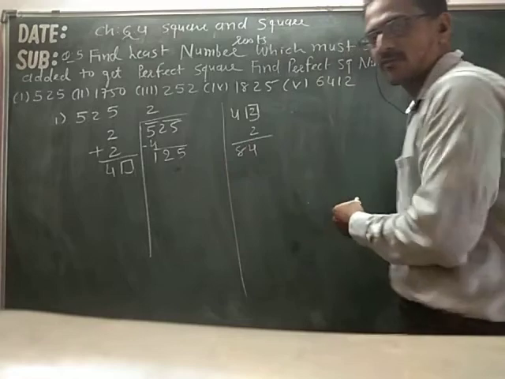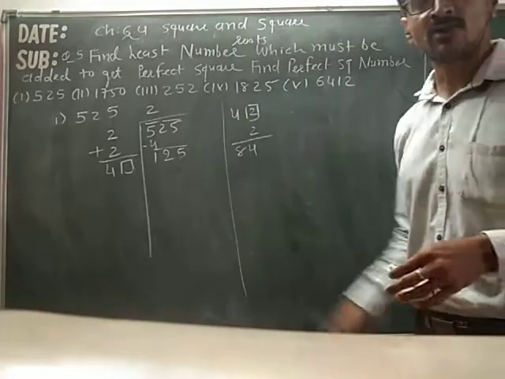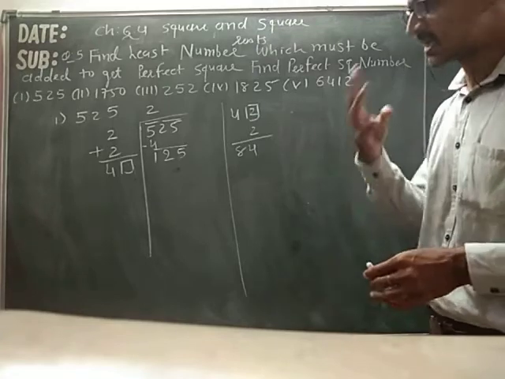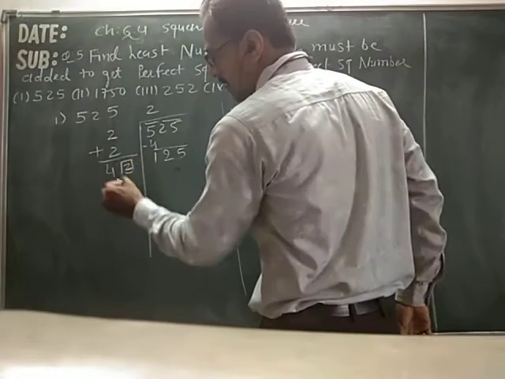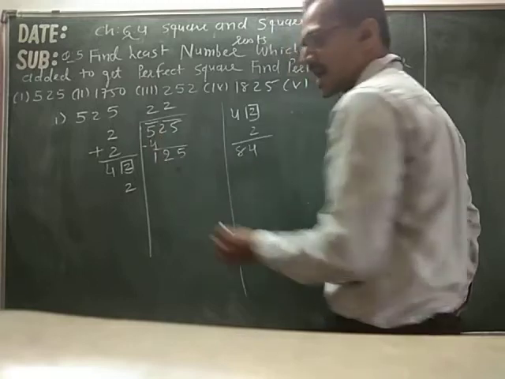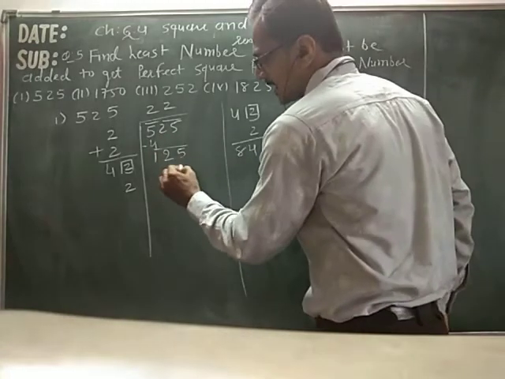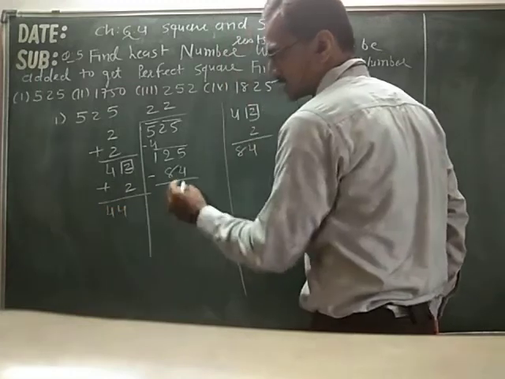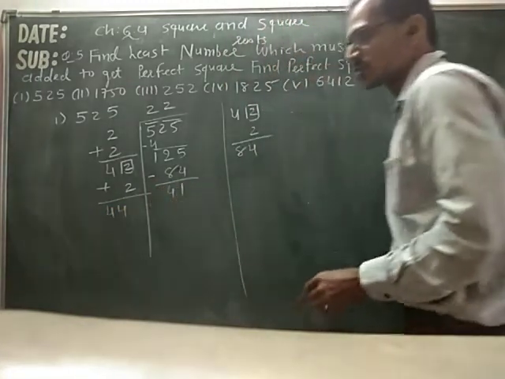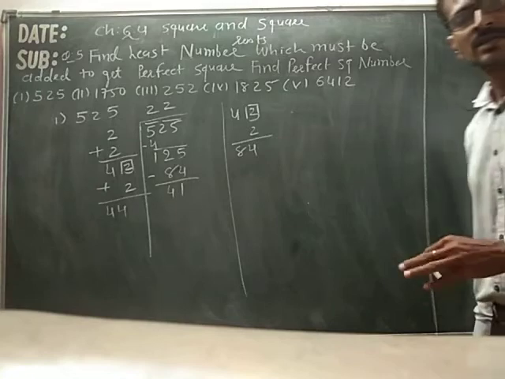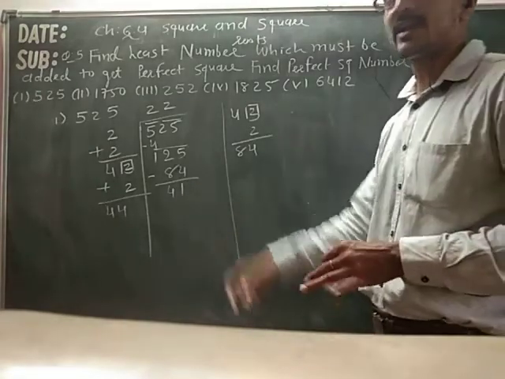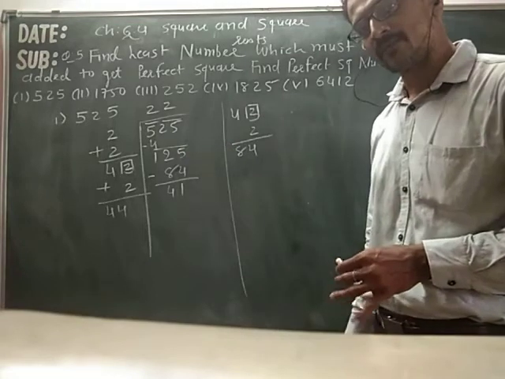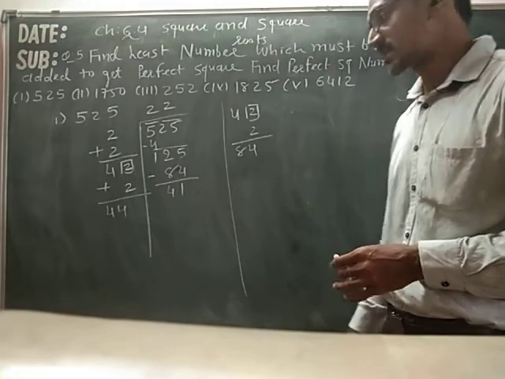So we will take the square of 2. It will be 84, which is smaller than 125. So we will take the square of 2, and these 2 we will write at how many places? 3 places. Up, down, and in the answer. And here 84. Out plus, in minus. Now here we are getting a remainder, that means what? 525 is not a perfect square.